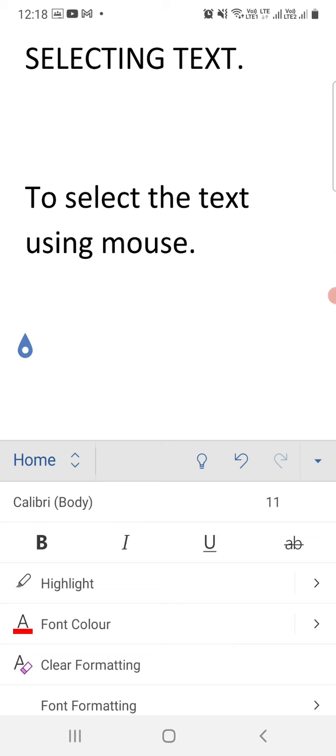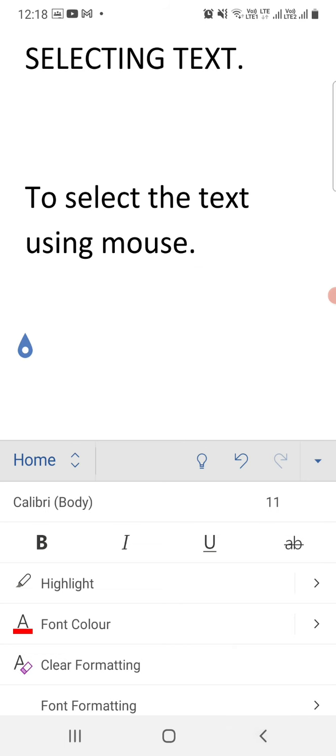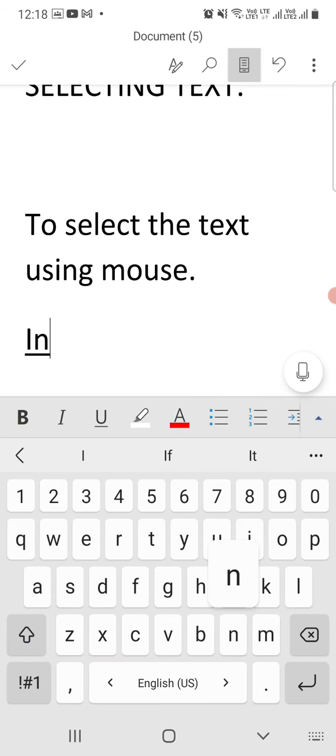Okay, so I am going to use spelling mistakes. I am going to write the sentence: incorrect word will be replaced with the correct word. Okay, I am going to write the text incorrect.